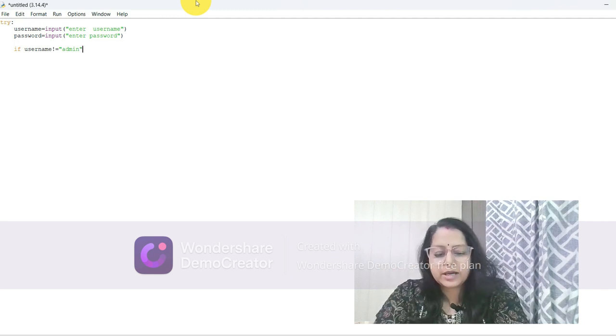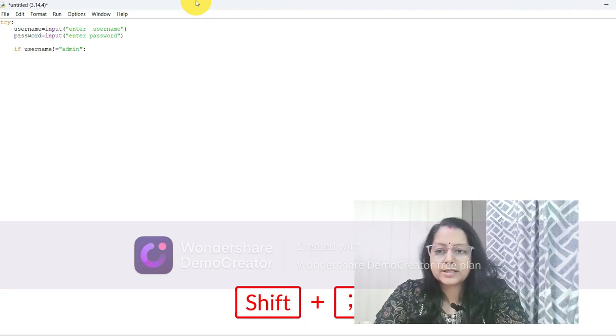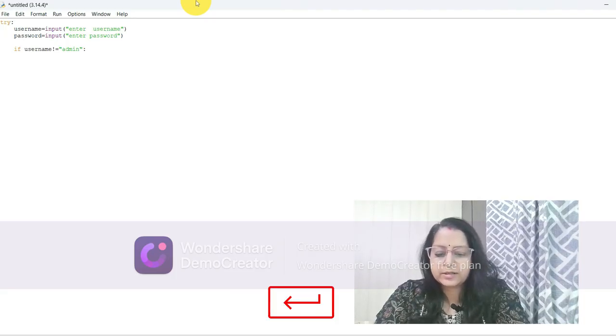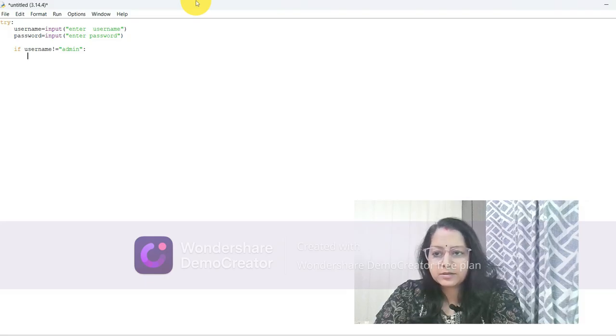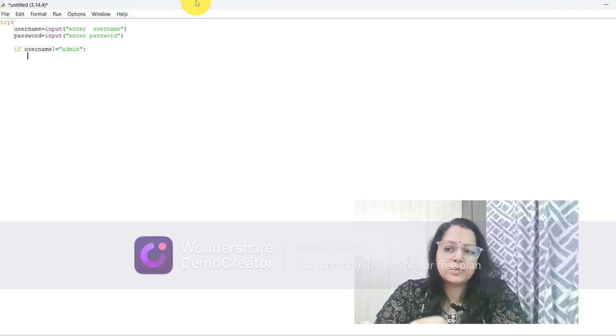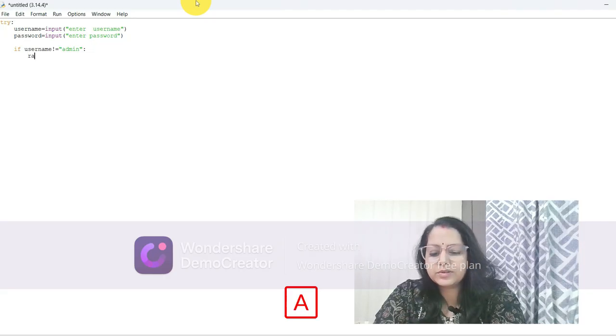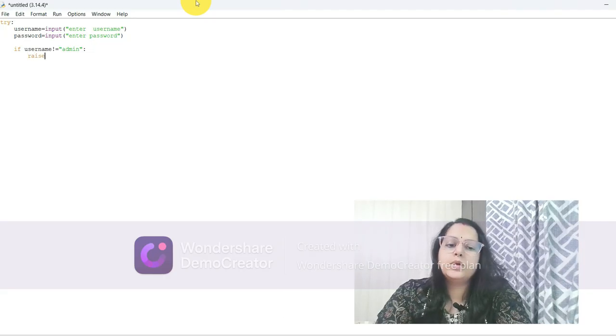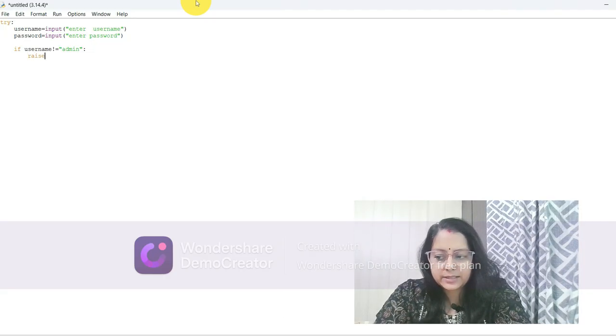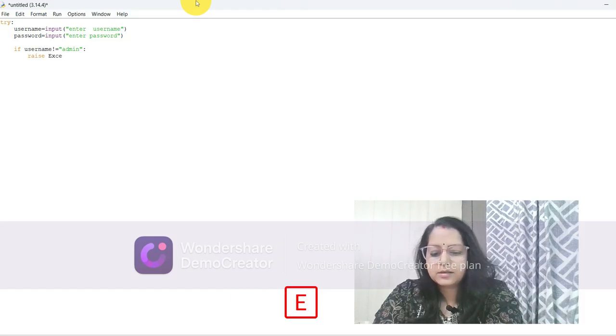So admin we have written over here. Inside that, it's the condition. So we give colon over here, and then we will raise indent to be given, because the next statement is dependent on the if condition. So whenever this happens, dependency, we give indent in Python, then raise exception,